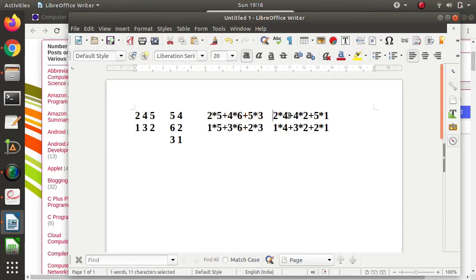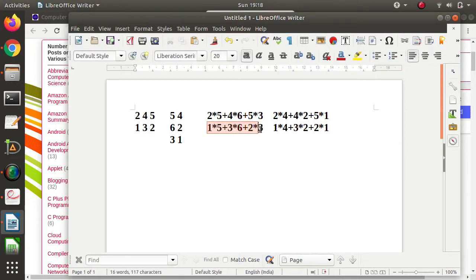Then how this value is calculated: 2 into 4 plus 4 into 2 plus 5 into 1. So we got this value. How this value is calculated: 1 into 5 plus 3 into 6 plus 2 into 3. So you get this value.